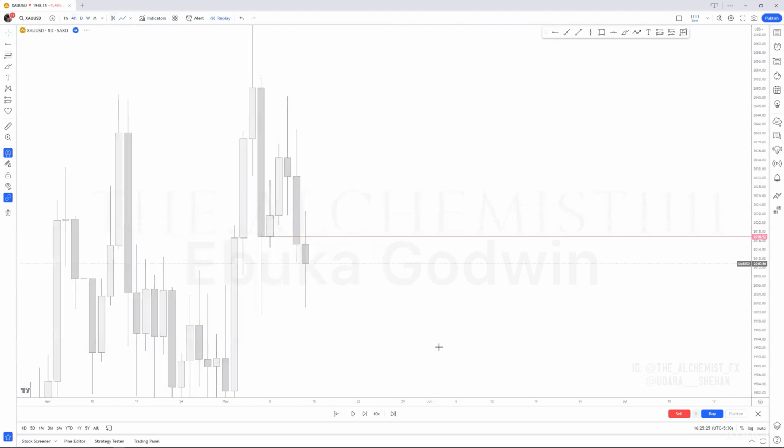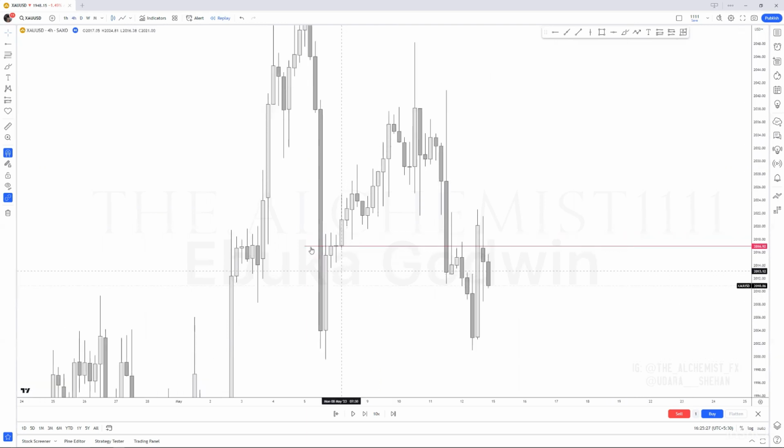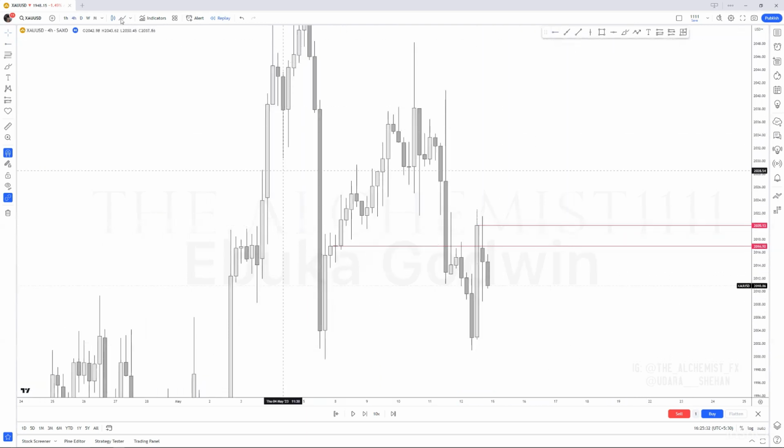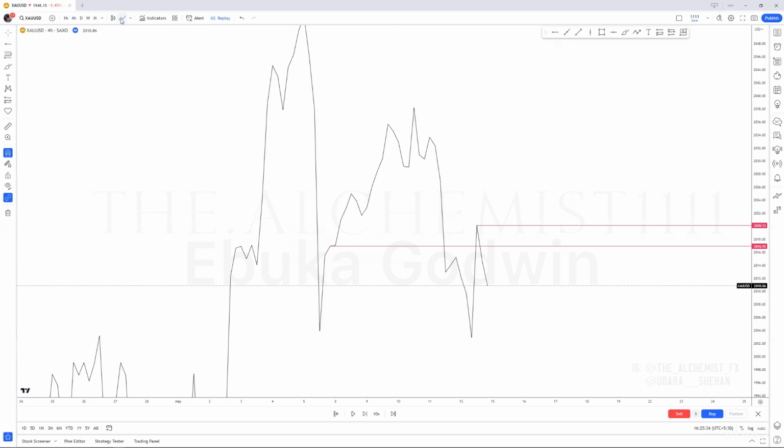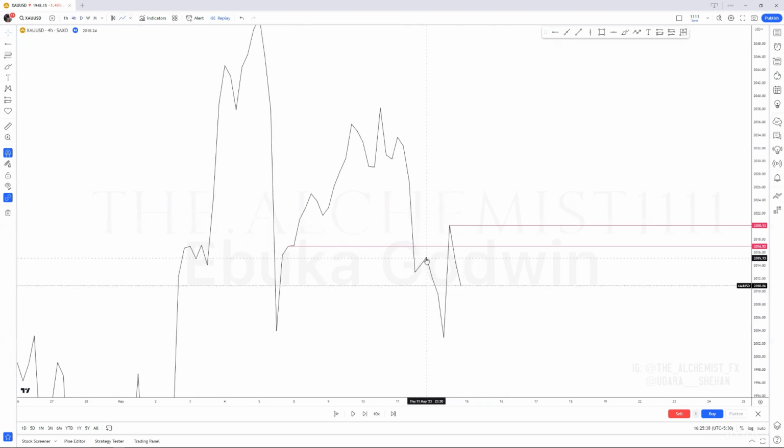So let's go to H4. If we go to H4, now we can do a slight refinement of this zone into this zone. What is this? A resistance, right? H4 resistance, right here. Now you might wonder, why are we not going to refine it into this left shoulder? So why should we, right? The weekly zone is here. A refinement should be above the zone, not below the zone. Okay, so there we go.